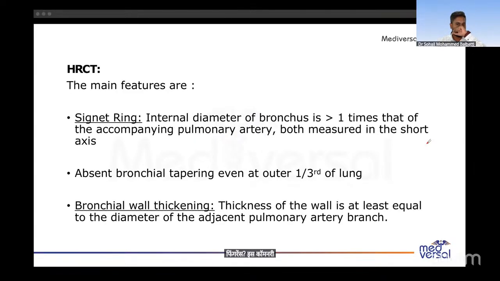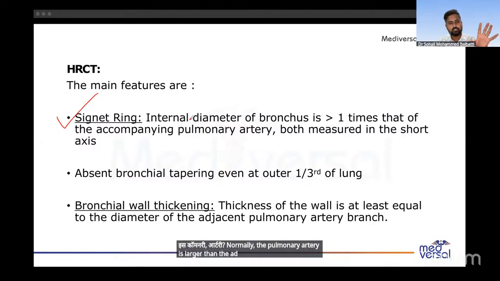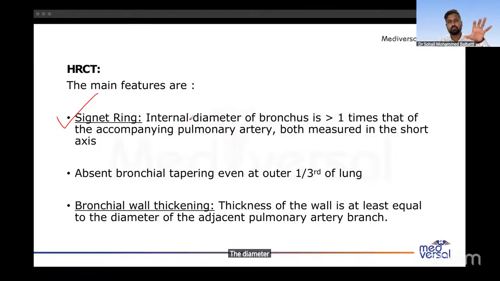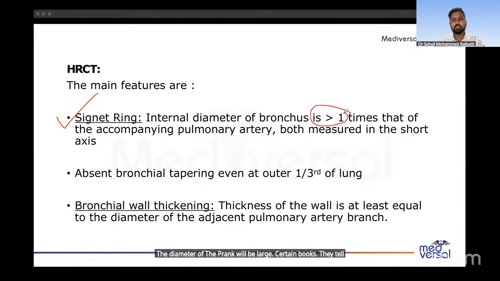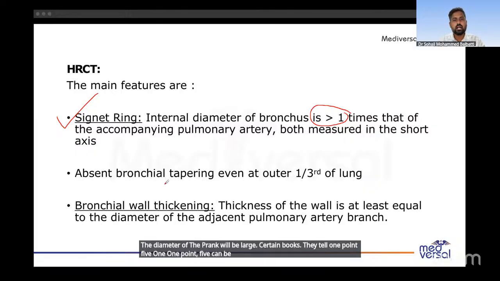So coming to HRCT, the main features of HRCT are, first and foremost, the signet ring, where the diameter of the bronchus and the accompanying pulmonary artery is measured. Normally the pulmonary artery is larger than the adjacent bronchus. But in bronchiectasis, since the bronchi dilate, the diameter of the bronchus will be larger than the adjacent pulmonary artery, and the ratio can go beyond 1. Certain books say 1.5 can be taken as a cutoff. Another feature is absent bronchial tapering even in the outer